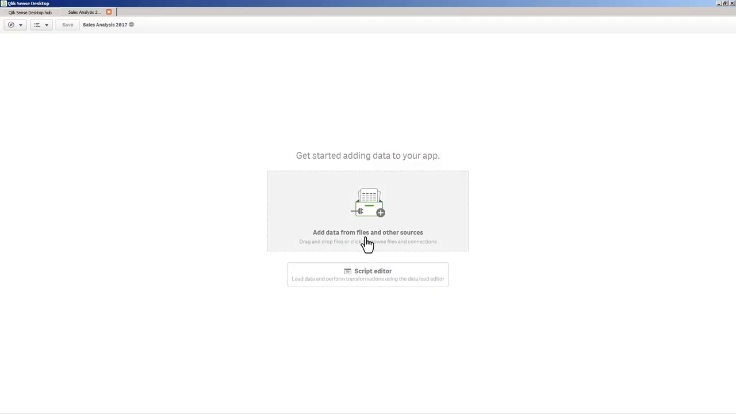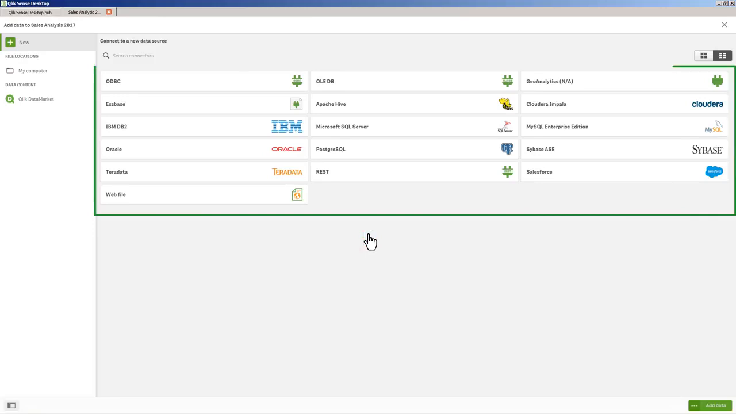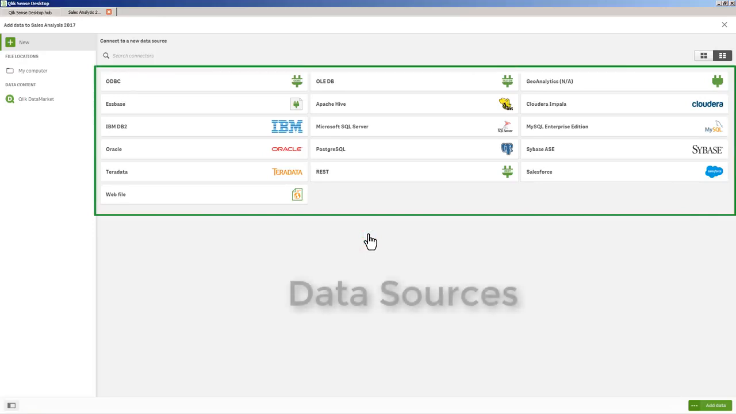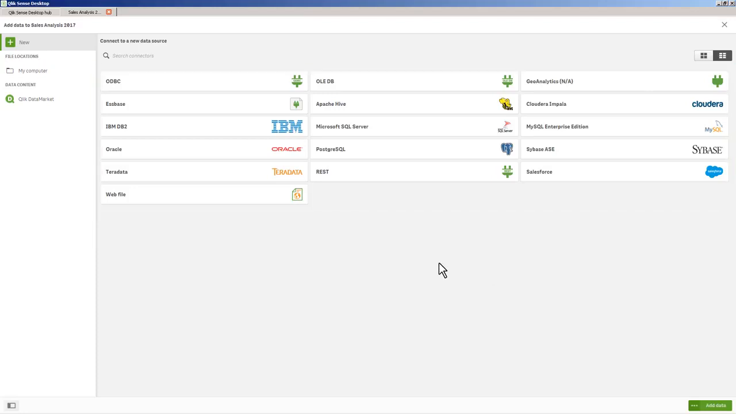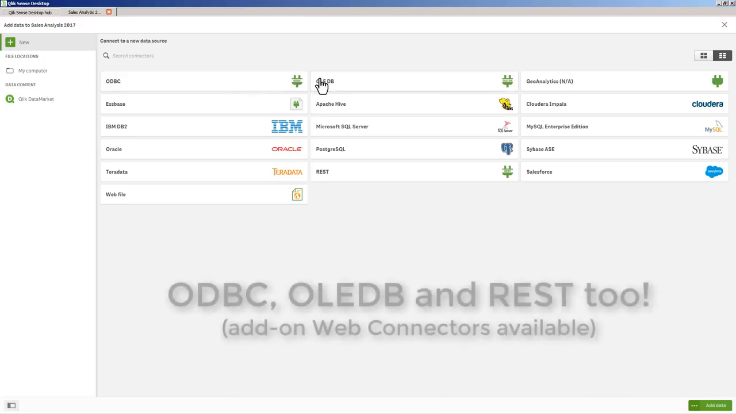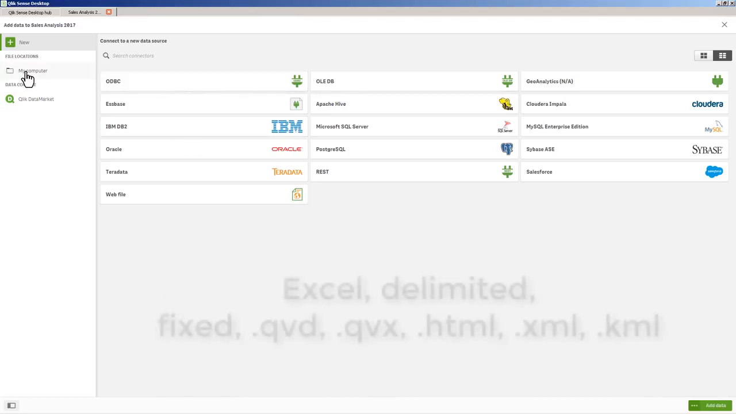But for most needs, we can go right into the data manager by clicking this button, and this will bring us to our data sources. Now you have a variety of different data sources here. Qlik Sense Desktop will let you connect to every data source you can think of. If we don't have it listed here, then you can use your own with the required driver through ODBC or OLE DB. Okay, we could also browse files on our computer for the number of file formats that we support, or